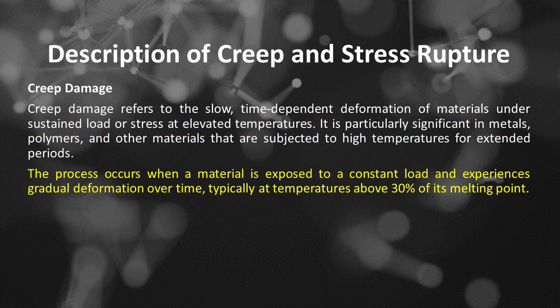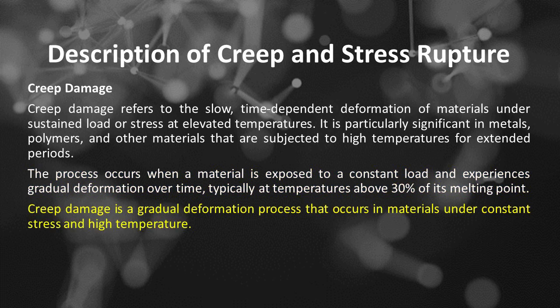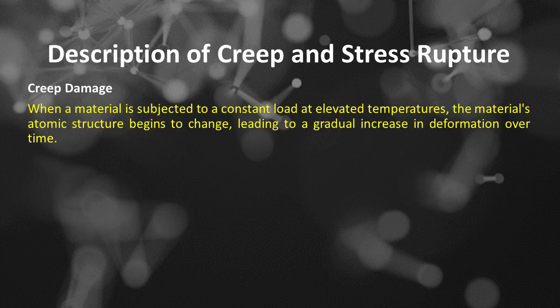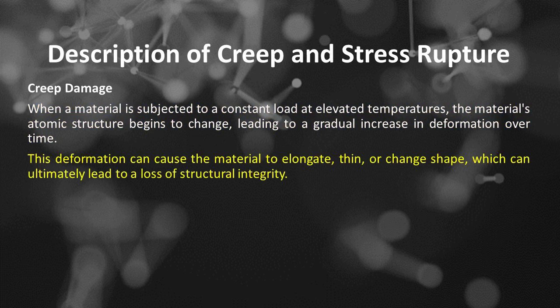The process occurs when a material is exposed to a constant load and experiences gradual deformation over time, typically at temperatures above 30% of its melting point. Creep damage is a gradual deformation process that occurs in materials under constant stress and high temperature. When a material is subjected to a constant load at elevated temperatures, the material's atomic structure begins to change, leading to a gradual increase in deformation over time. This deformation can cause the material to elongate, thin, or change shape, which can ultimately lead to a loss of